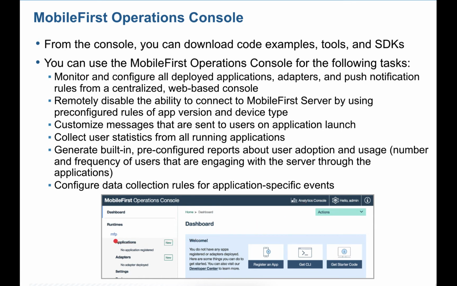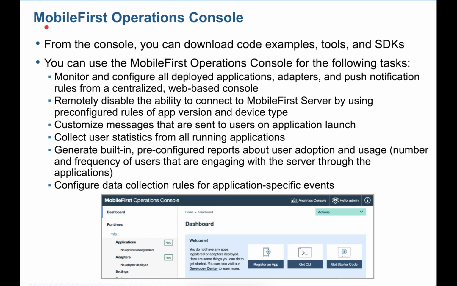Okay, here you can see that you have application, you have adapter, all the settings, right? So this is how you can do that. And this MFP is runtime. So runtime is part of the operational console as well, and your app code as well, right? Inside the app code, it will install the runtime automatically when you add the Mobile First package or library, so that you can communicate with the server. In the server, it will check the runtime and install the application, adapter, or whatever it is.